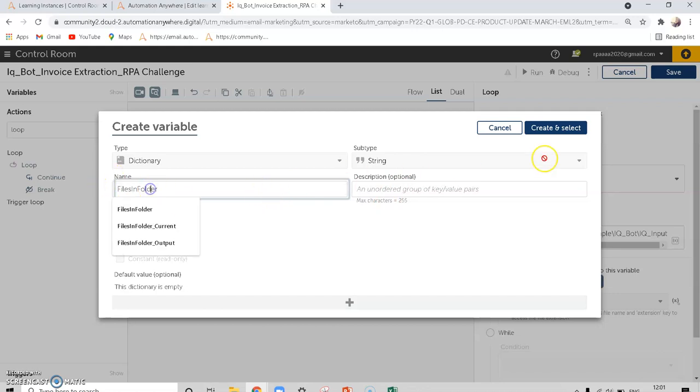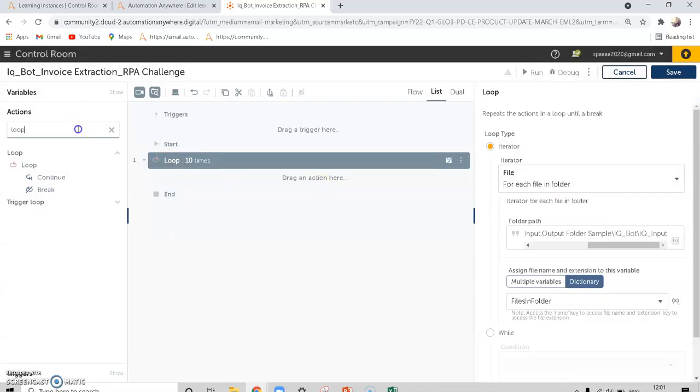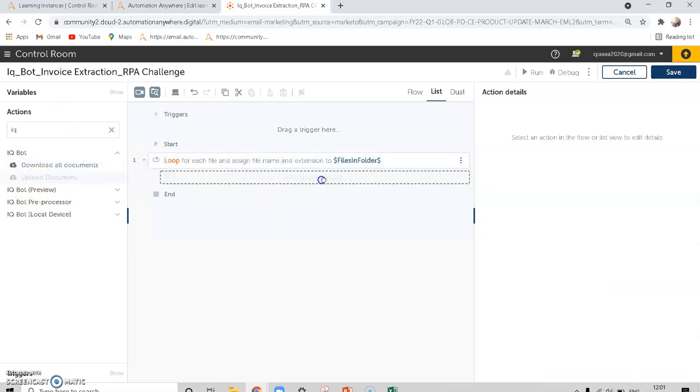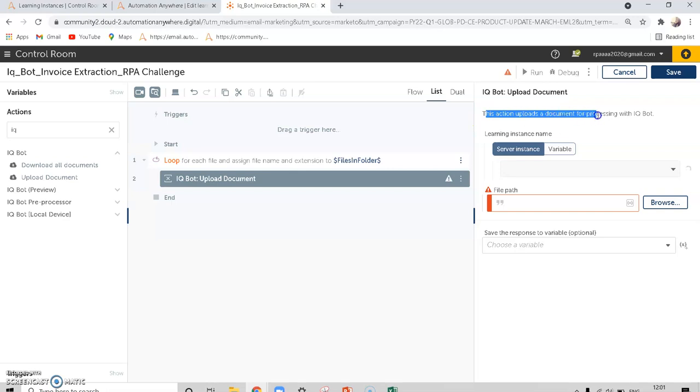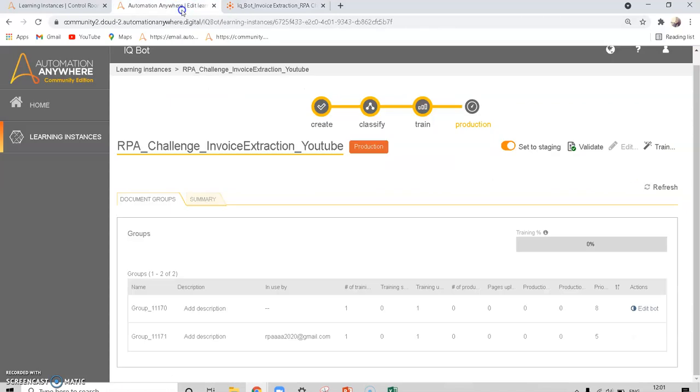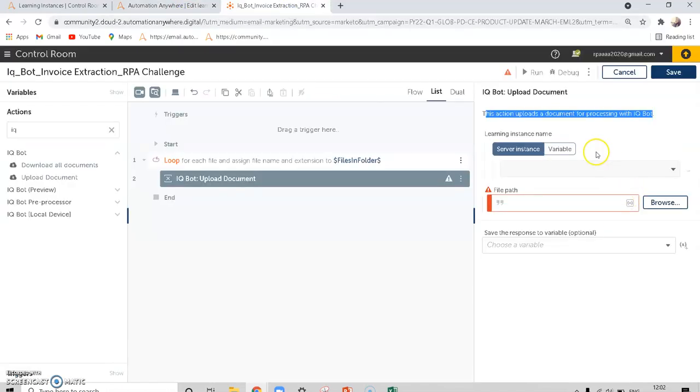and it will store it in a dictionary variable, files in a folder. Click create, then IQBot. You have to upload all the documents in the files. Here it will ask for this action: uploads a document for processing with the IQBot. The server instance will be what we have created here, RPA Challenge Invoice Extraction. This has to be how to upload here. So RPA Challenge YouTube. Okay.